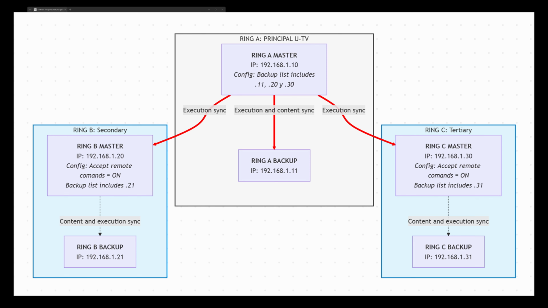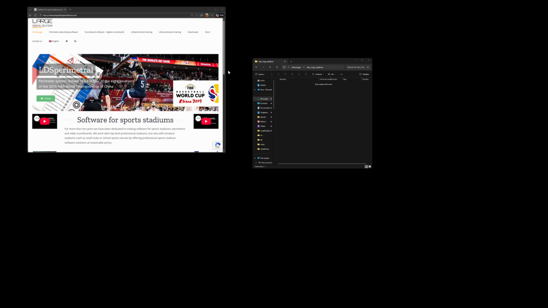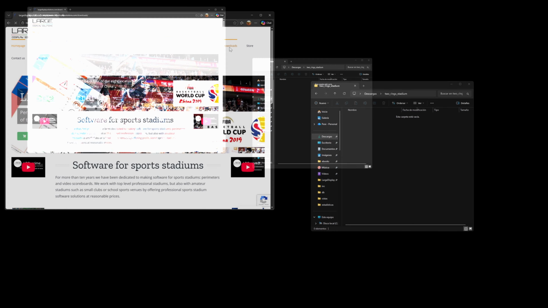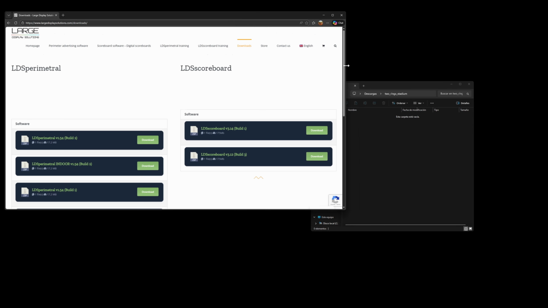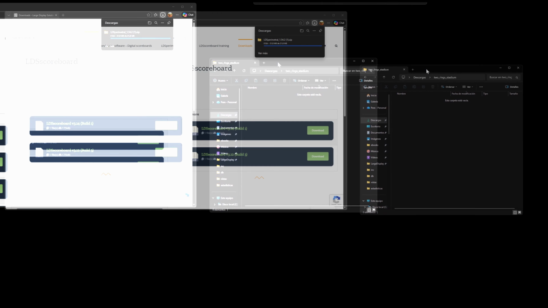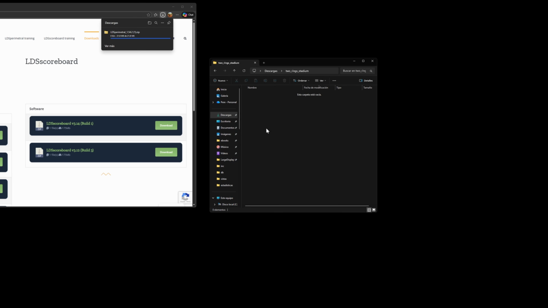So the first thing that we are going to do is to download the latest version of the application. Go to the downloads section. Let's get the latest release, and after downloading it, I will create a folder, for example in the downloads folder,